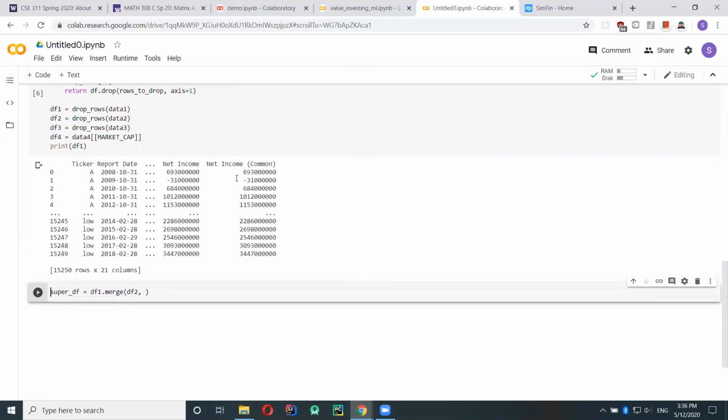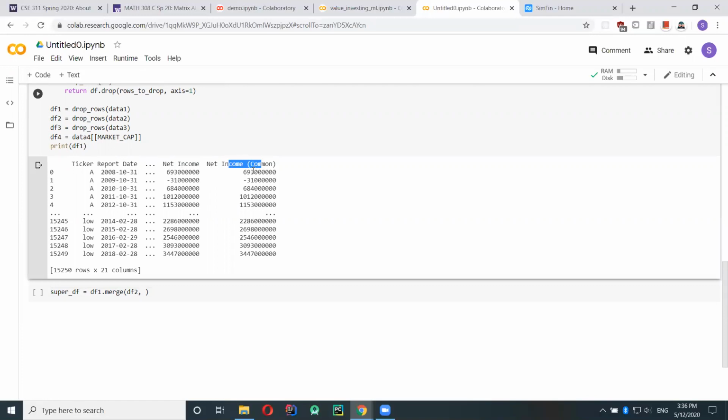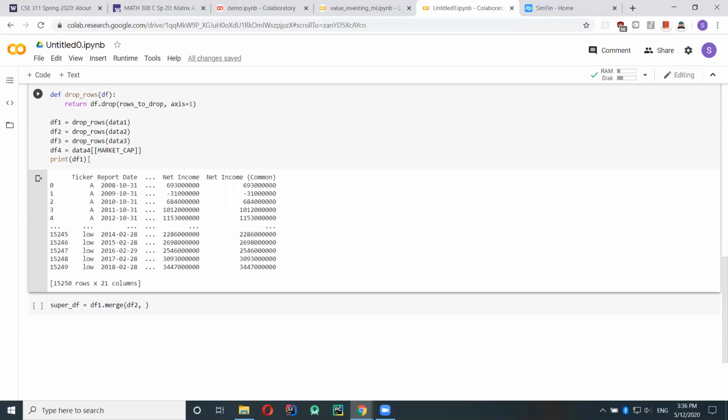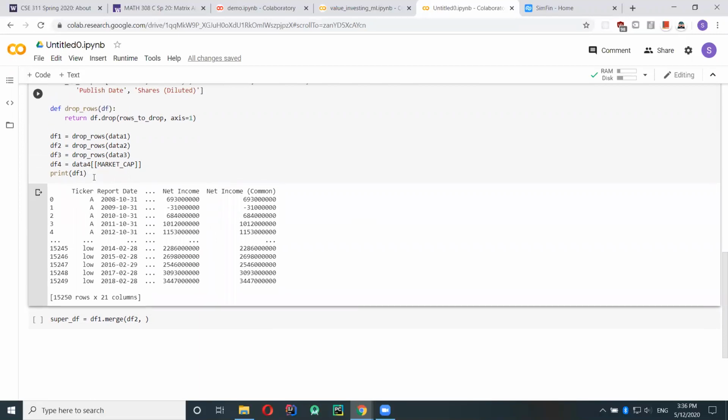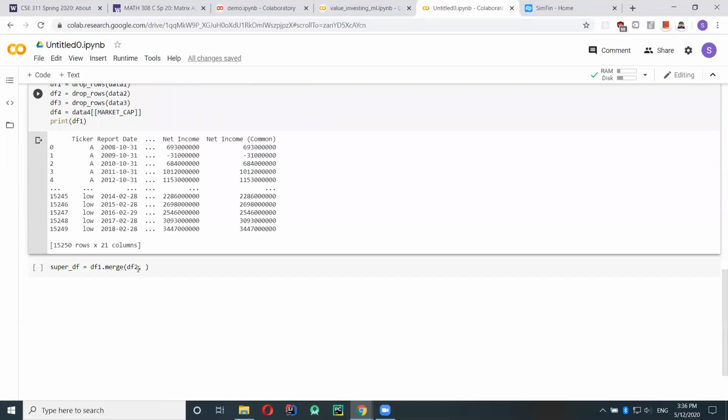Or maybe there's net income, the report date, the stock ticker. And so what we want to do is merge the data based on the report date and the ticker.